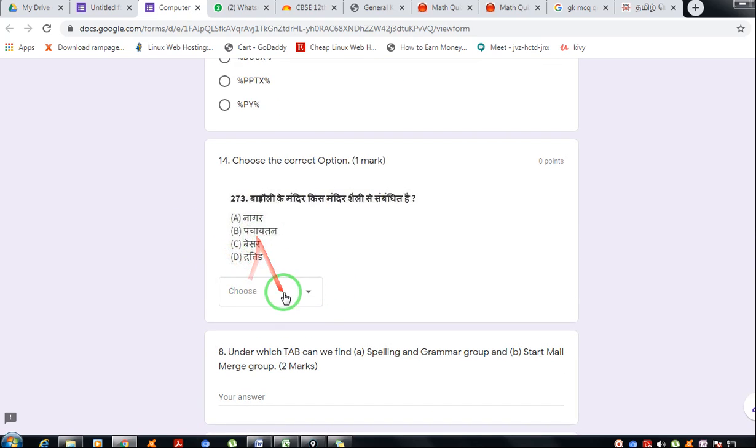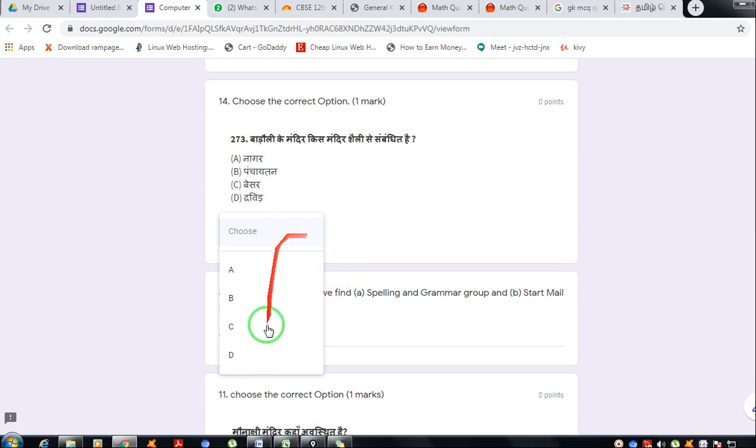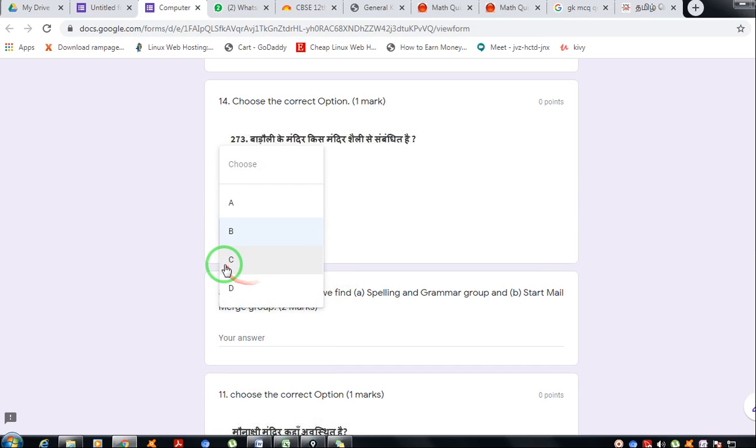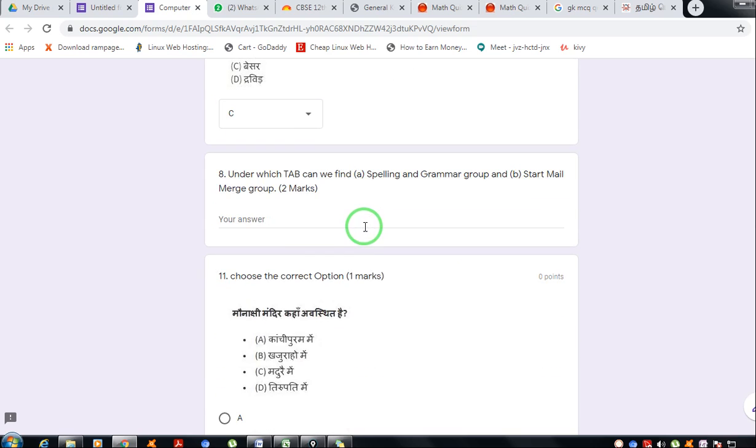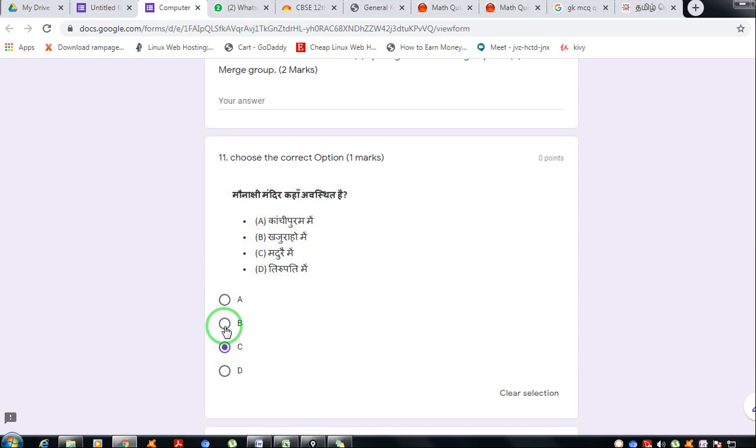Same thing for Hindi. So this is the drop down arrow. When you click this drop down arrow, these options will come, and from this the student can select any one option. It is A or C. This is one word. Here the student can type. They can type also. MCQ based question in Hindi, A, B, C, D. They have to select whether it is A, B, C or D. Only one can be selected. Clear selection, C.